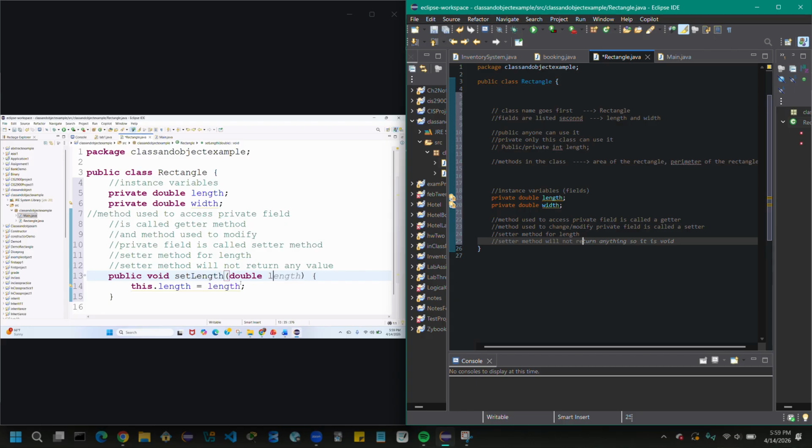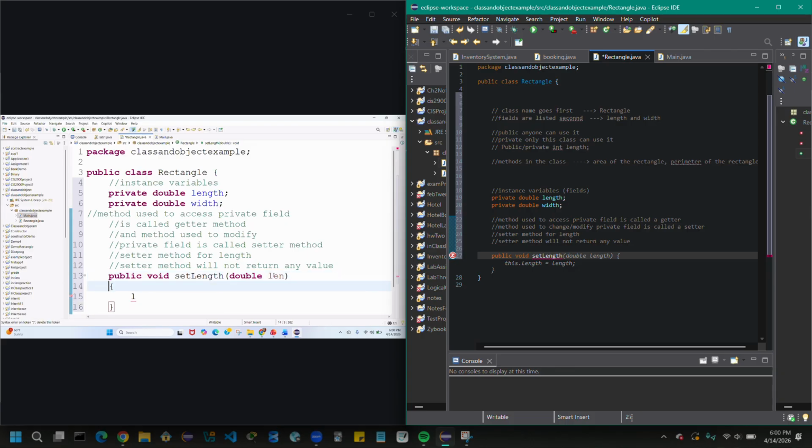I'm not going to use this right now; it's going to be too much for you. Length assigned to len. I'll keep it short, len. That's easy, understandable. Length assigned to the len variable.